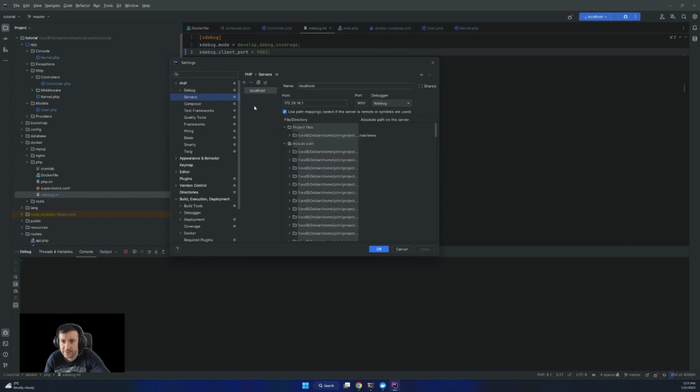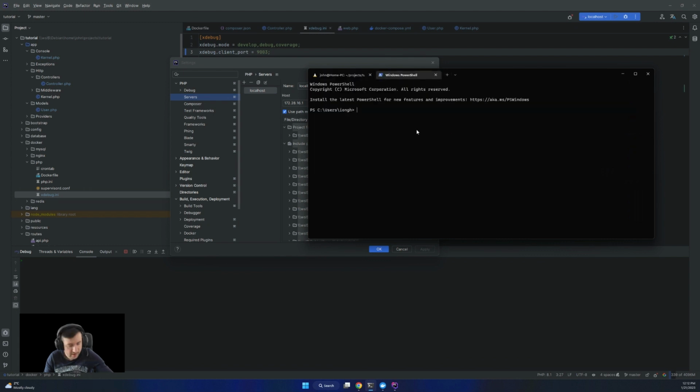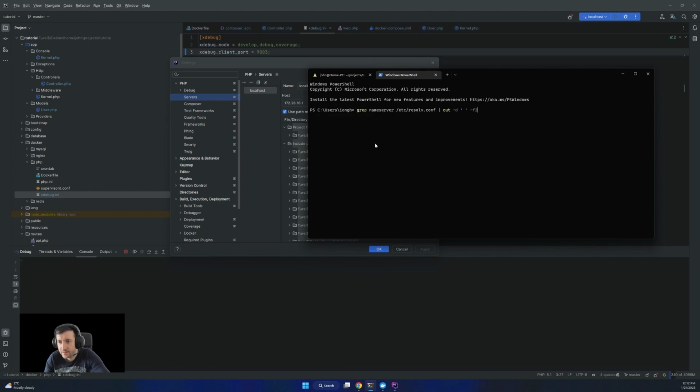Well, not actually on debug, on servers, I added this server where the host is your Docker host. To get this, for example, go into PowerShell, and in here there is something like this.